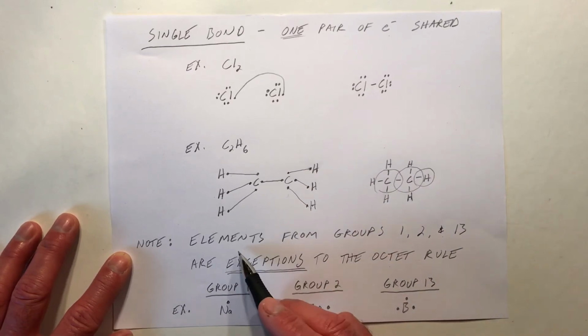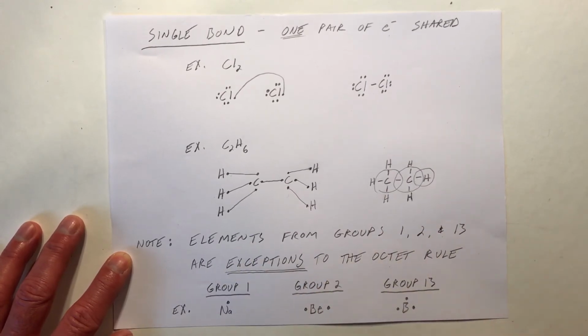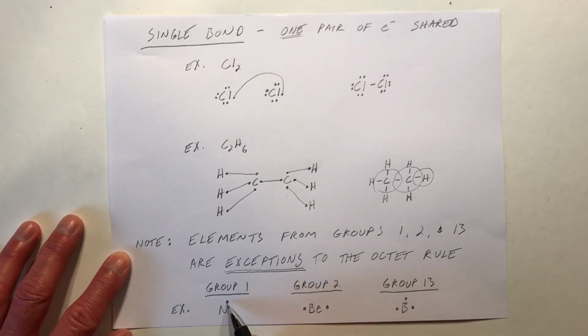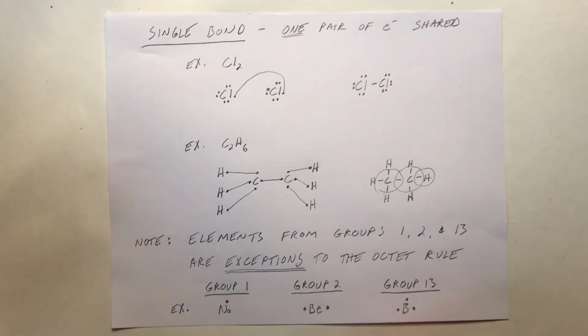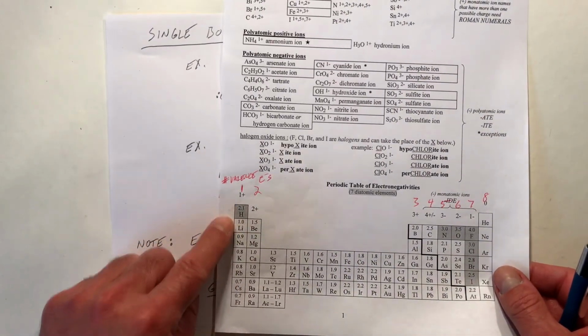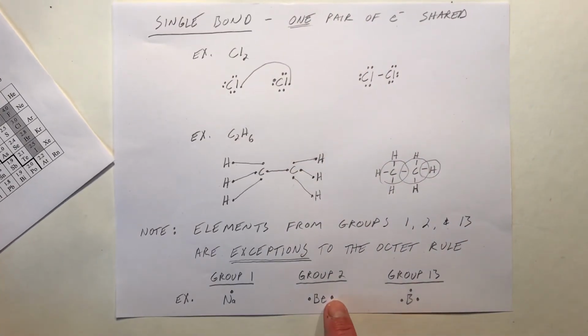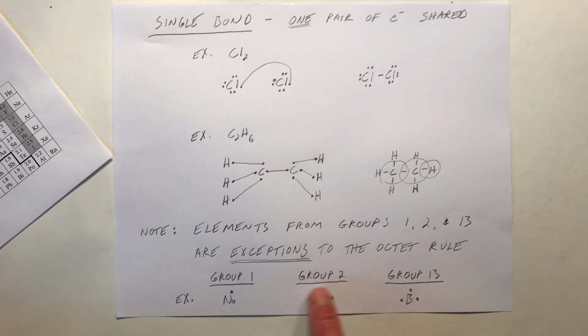But elements in general from groups 1 and 2 and 13 are going to be exceptions to the octet rule. When we do covalent bonding, they just don't have enough electrons to share to get 8 electrons. Notice that hydrogen only has 1 electron, so when it shares it, it would only get 2 from sharing. Beryllium, from group 2, would have 2 valence electrons, or 2 dots. It could share those dots, and that would give it 2 bonds, or 4 electrons around the nucleus, but